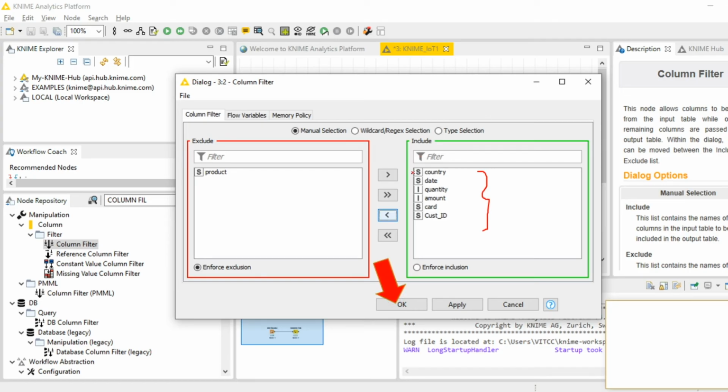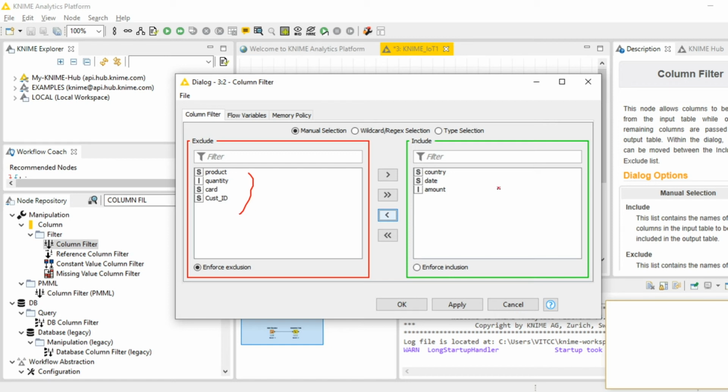Now the product was earlier set here, so I have moved it using this button. Again, if you want the card to be moved to exclude, you select the card and click this. So you could see I have moved product, quantity, card, customer ID because I'm not going to use them for my visualization process.